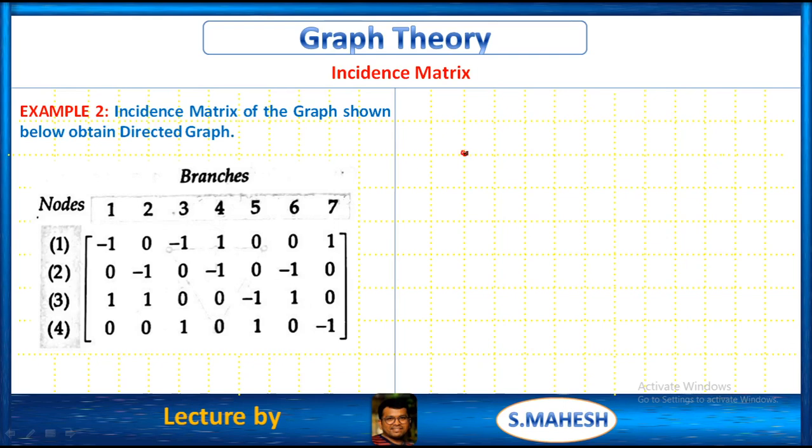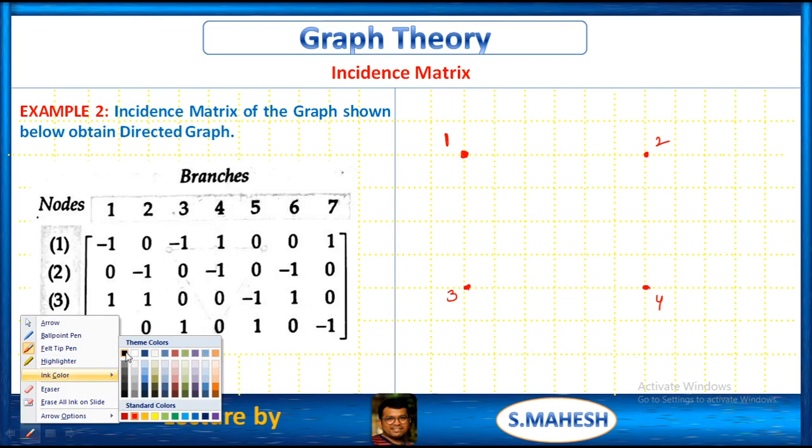So, I would like to represent with, for example, this is one of the combinations. I will try this combination. If it works, no problem. Otherwise, I will change this configuration to another one. Okay. Let us try this combination. So here I am representing these 4 nodes, given 4 nodes completed. So how many branches? 7 branches. 1, 2, 3, 4, 5, 6, 7. So no problem. From this, first I would like to choose branch 1.